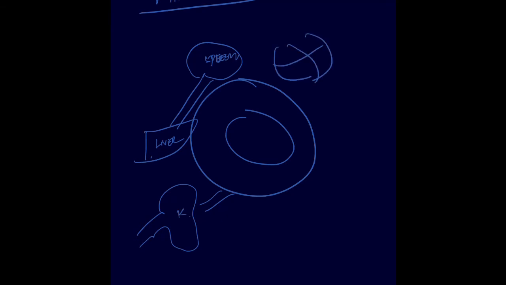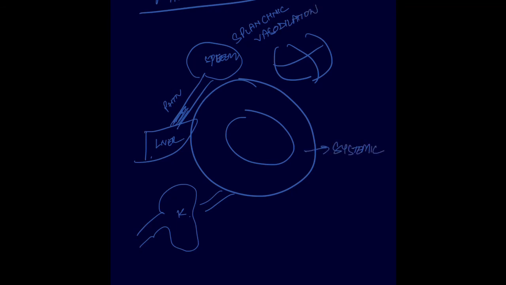So what happens is whenever there is a liver disease, there is an increased pressure in the portal system, that is patient develops portal hypertension. This leads to splanchnic vasodilation,